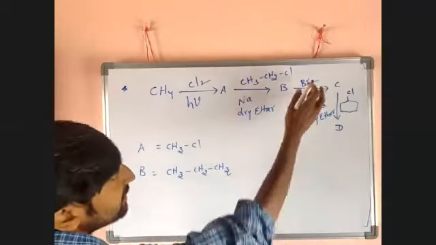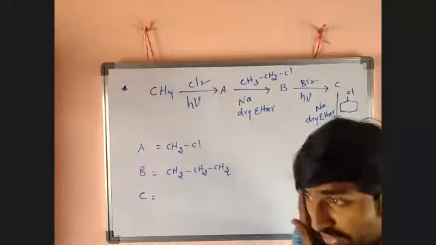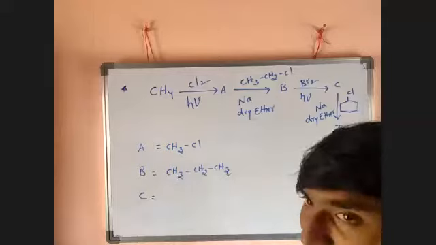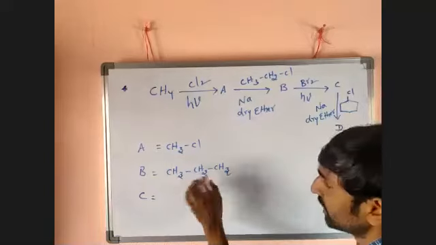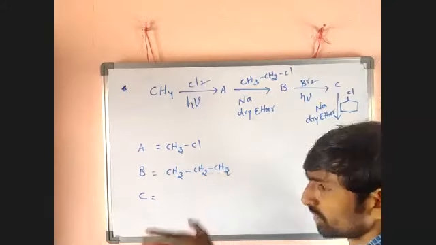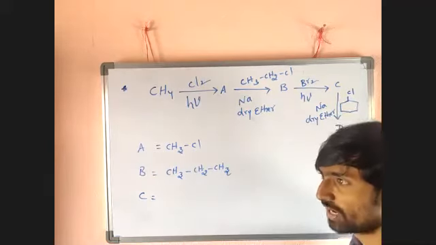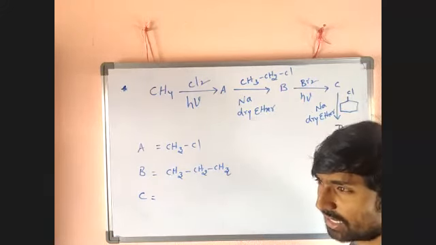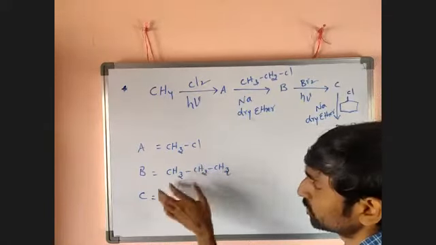Okay, then again it is treated with Br2, but here is a very important point. It is a halogenation reaction obviously, but where will Br get attached? At CH3 or CH2, these two are different. I told you the reactivity order: tertiary is greater than secondary, secondary is greater than primary. In halogenation of alkane, it is the first step in preparation of alkyl halides. There Br gets there. It is CH2, it is a secondary carbon, linked with two other carbon atoms.